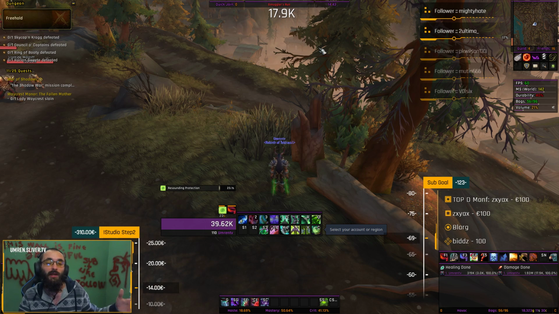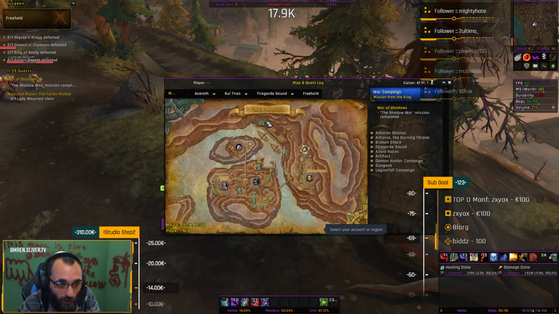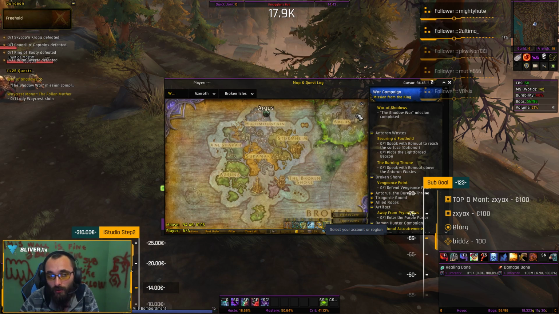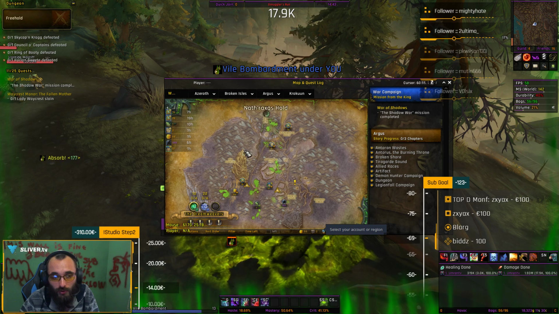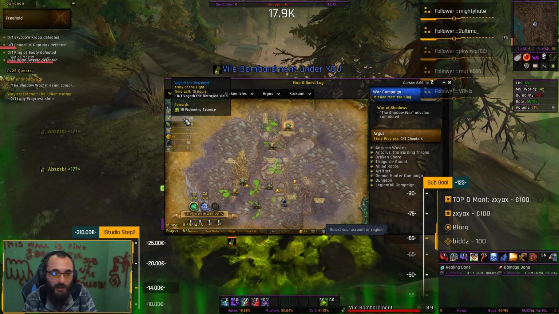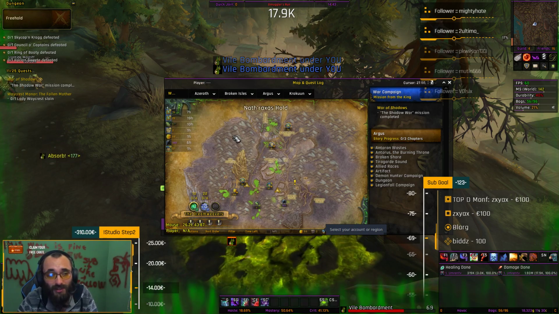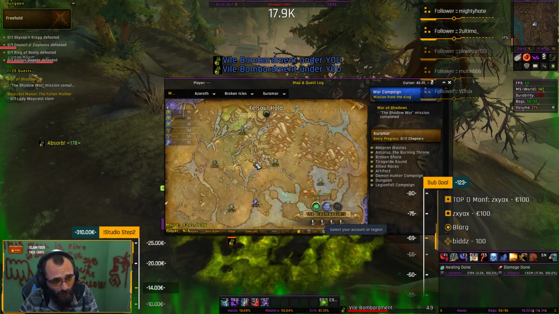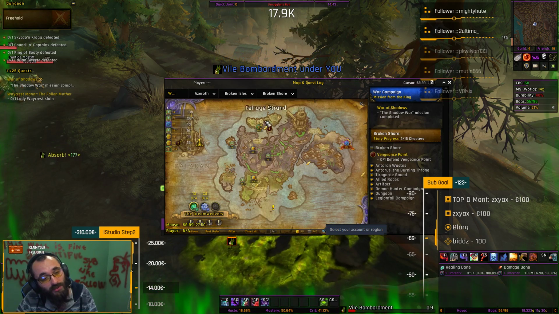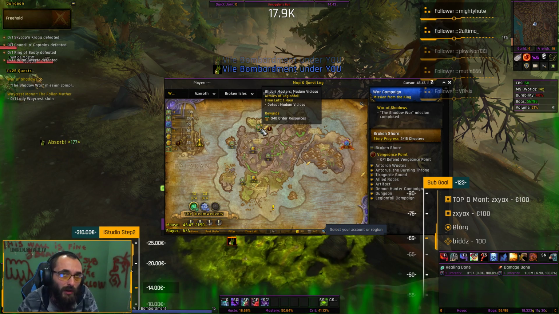You get 400 more Awakening Essence, and that gets you 1000 Awakening Essence. Of course, if you don't have any more quests in Broken Shore, you want to do the quest line that unlocks Argus. Argus can also give you world quests with Awakening Essence. If you're missing like 50 or 100, there also might be an emissary for that. You do that by going to Dalaran and completing a couple of quests in Broken Shore. There is a quest line called